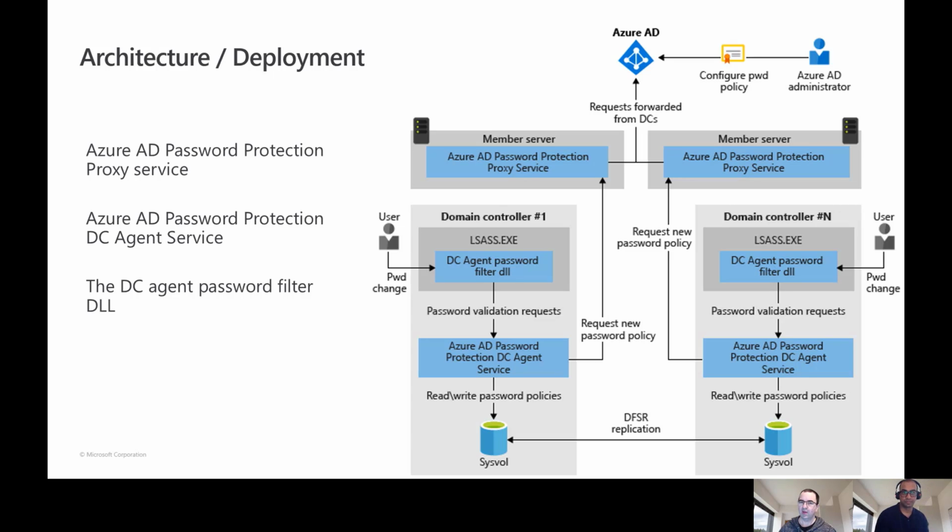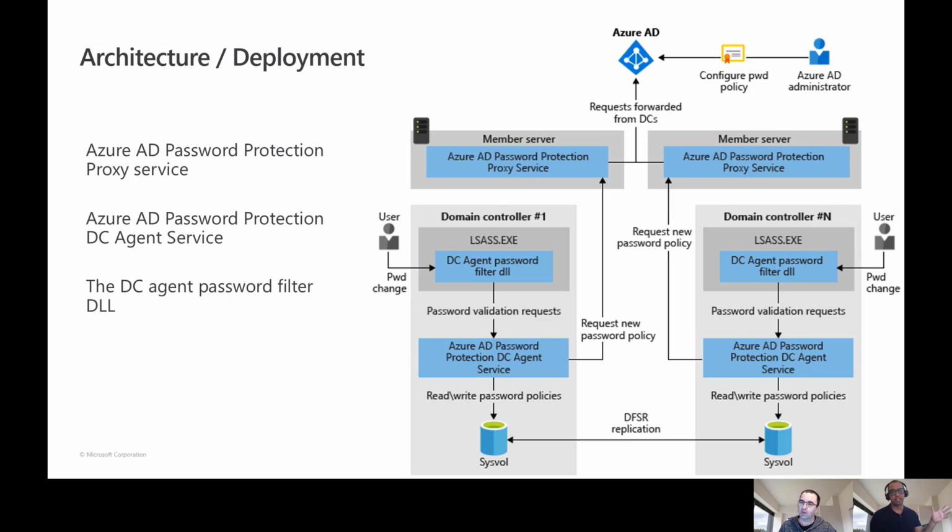And I've definitely seen a few customers who've got multiple tenants in some instances, say dev and test, where they've got their own tenants for whatever particular reason they've come up with that architecture. So they would obviously then need the equivalent dev and test domain controllers in the same architecture, correct? Exactly. So you will have separate proxy agents and separate DC agents and their synchronization set up separately. So it's a tenant-based deployment.